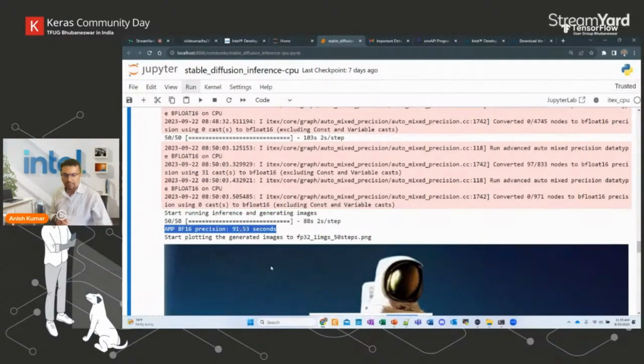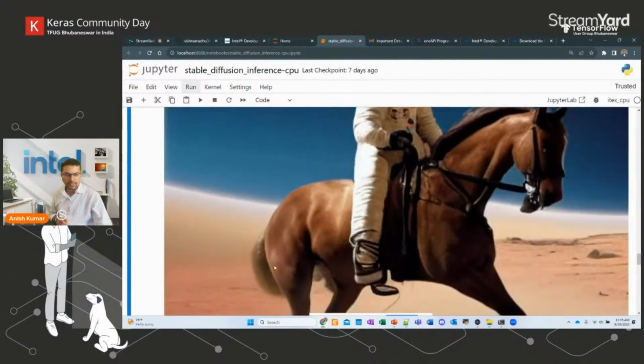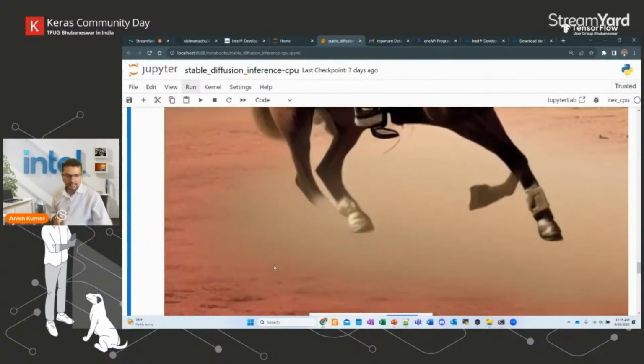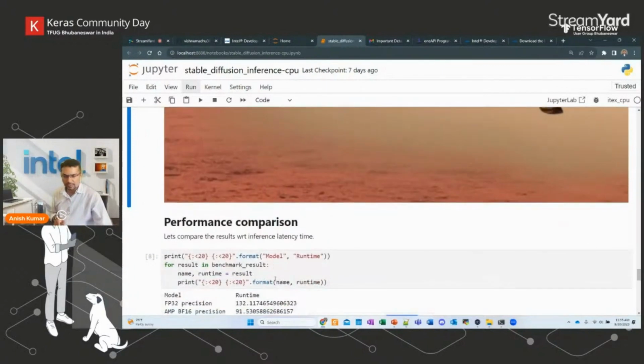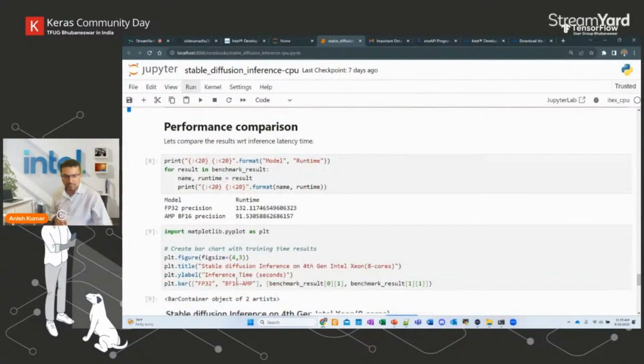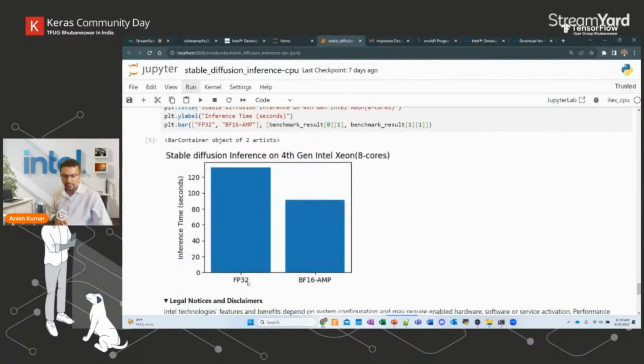When you compare this with the earlier result, the image is almost the same, there is no change in the image that is finally generated. Both the optimized version and the vanilla flavor generate the same kind of image. And it's all running the same thing, and it gives you a pretty good performance improvement. It's almost 30% improvement in your performance time. And if I plot it, you could see a difference. With the FP32 vanilla flavor and with the Intel extension for TensorFlow, you will get pretty good